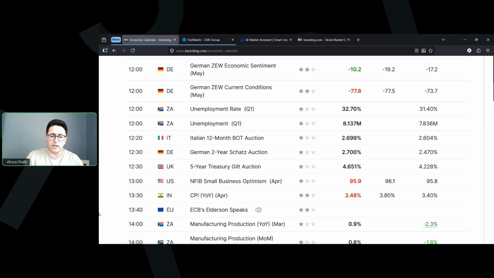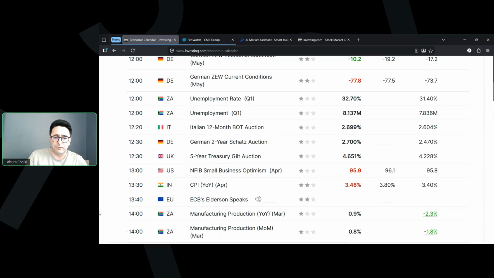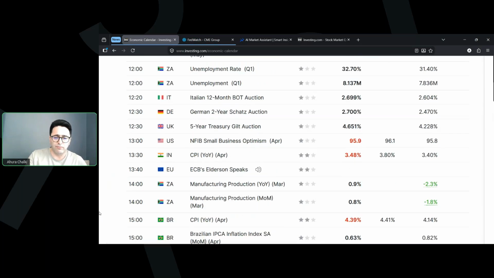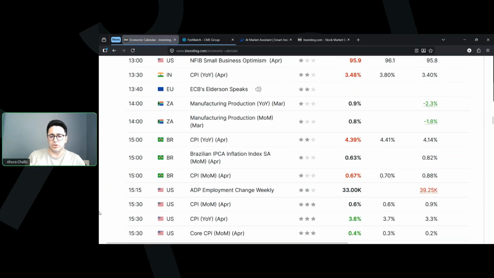Later on Tuesday, we had inflation numbers again from India, and we saw the inflation in India also increased by almost 5%, slightly higher than in April, slightly higher than the 3.4% that we had in March. And almost the same trend we had in Brazil. The inflation increased from 4.14 to 4.40, almost the same level that we had in the previous month. On a monthly basis, inflation increased by almost 0.7%, showing us that Brazil's inflation also should be